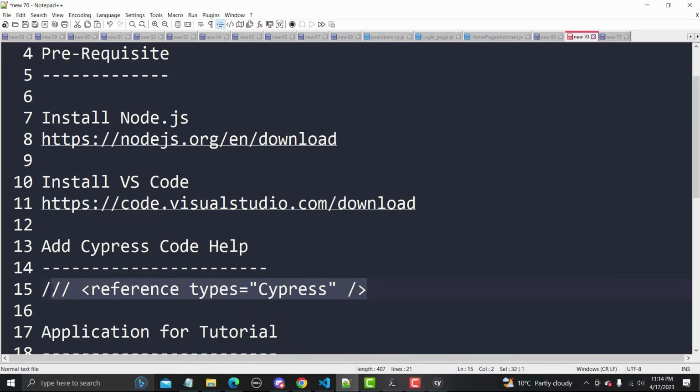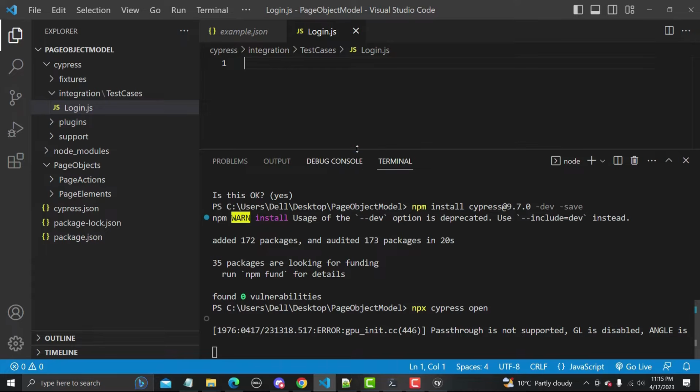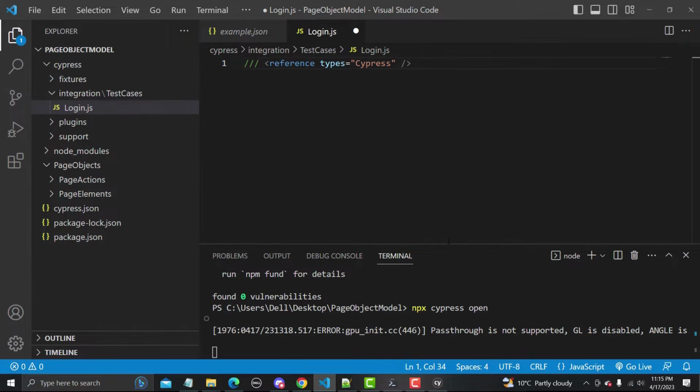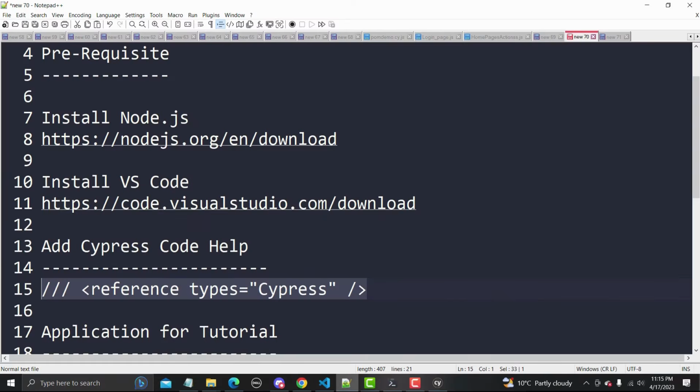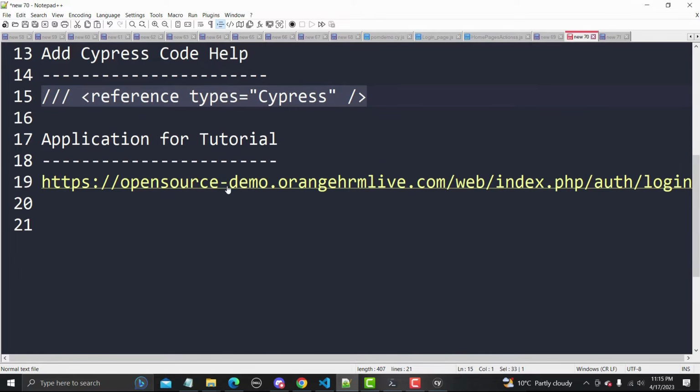This is a reference line which will help you to auto-complete your code. So let me copy this one from here and paste it here. Once you are done with this, I will create a linear script. And for this tutorial, I will be using this open demo website.